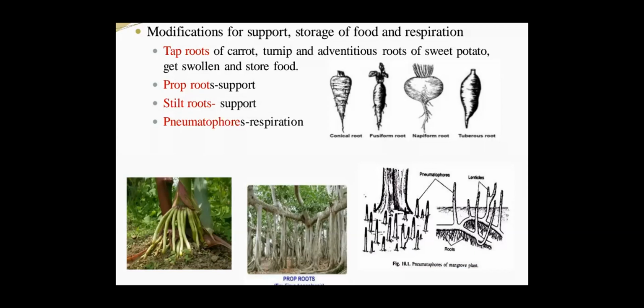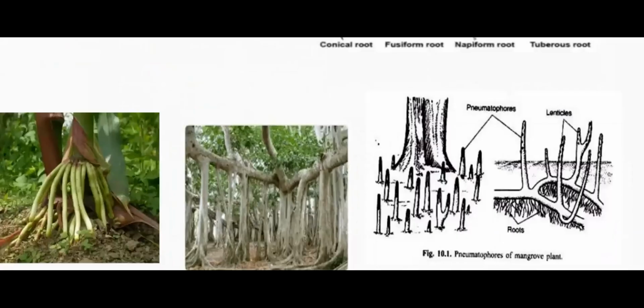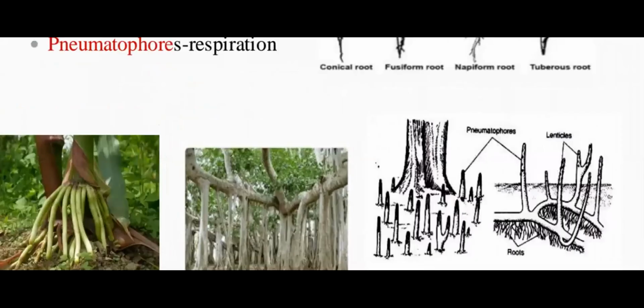And we have one more category here, that is pneumatophores. Where are these pneumatophores present? They are found particularly in certain plants, like Rhizophora, which is a very good example, which grow in swampy areas. Some of the roots arise from the ground and grow vertically upwards. The diagram is depicted here. You can see the roots grow upward in a vertical fashion. These roots are called pneumatophores, and the main function of such pneumatophores is respiration.